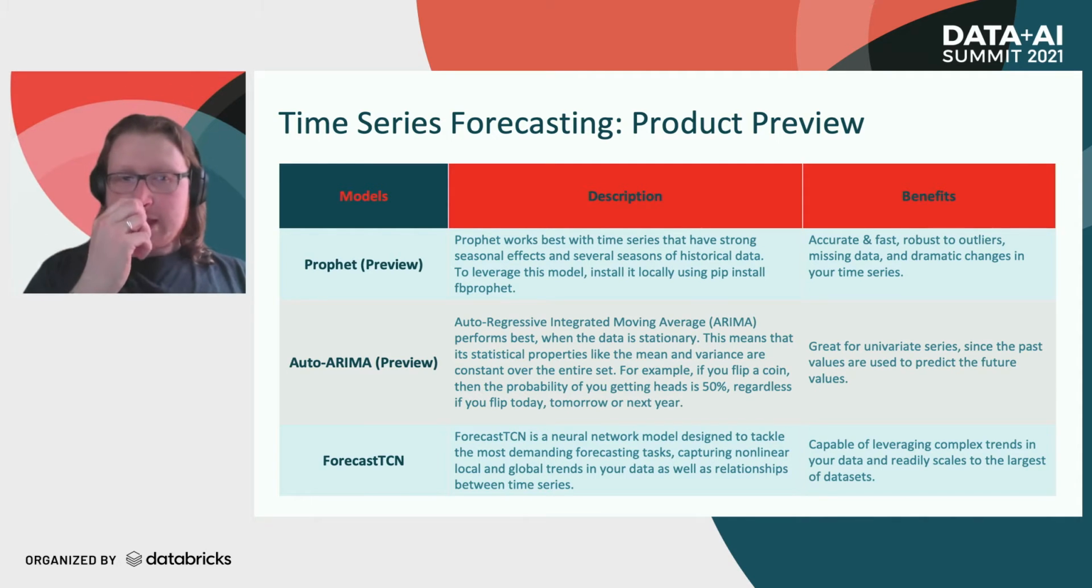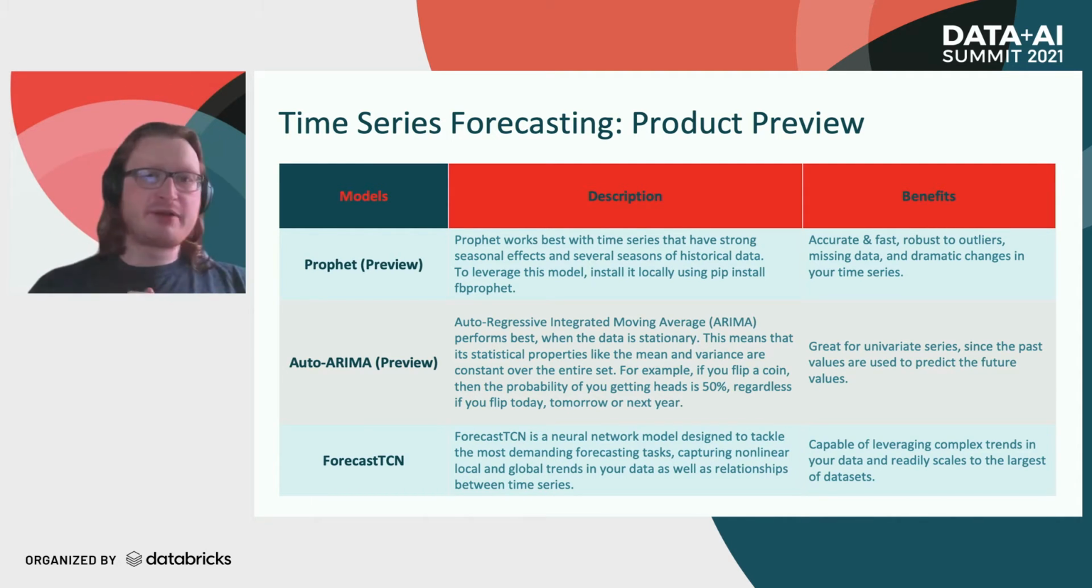AutoArima, which is also still the previous state, really helps to forecast on univariate time series to predict the future. This is also more done on smaller data sets. So smaller data sets, let's say up to 500 rows and whatnot, really help you to leverage